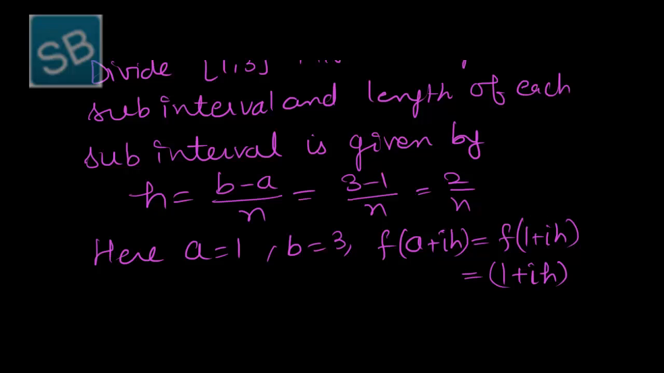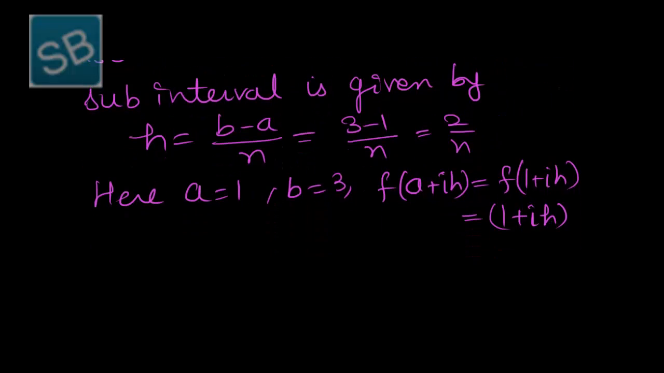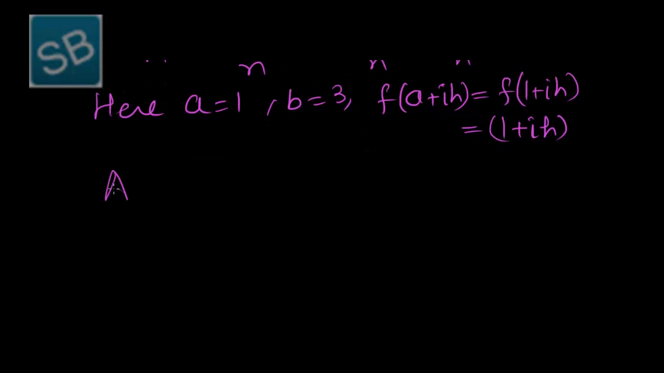Iota means square root of minus 1, but this is the symbol i, so it is not iota. So according to the definition of limit as a sum,